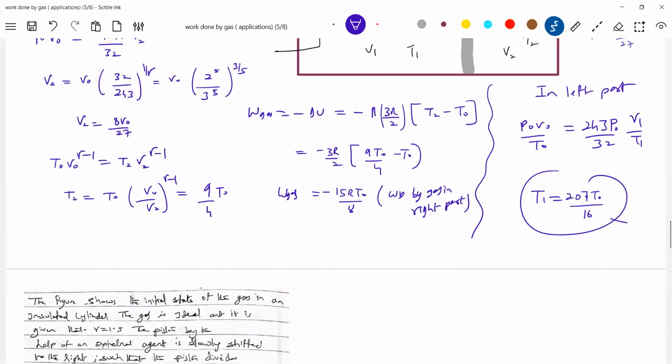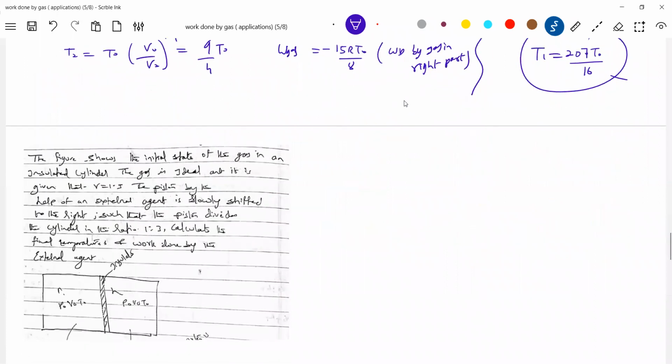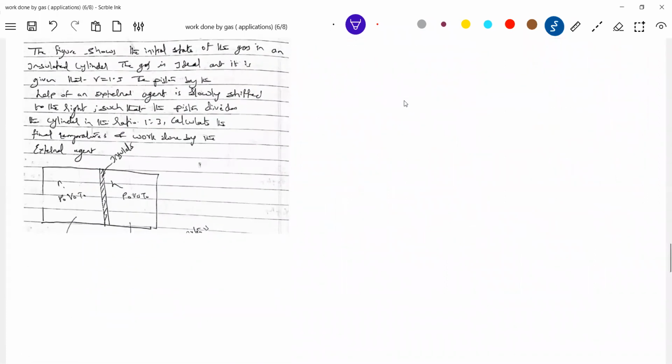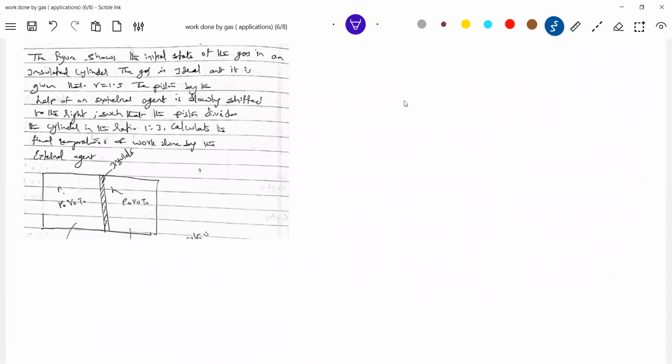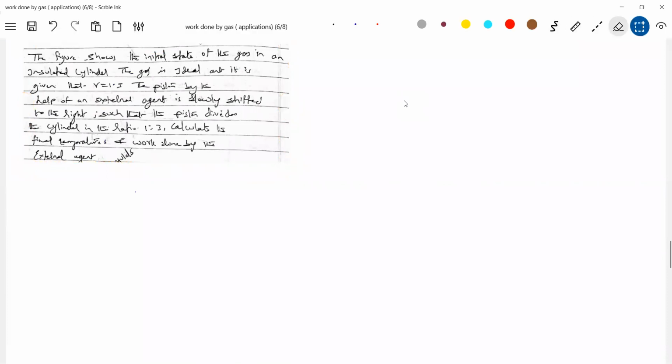Yeah, 207. Okay, now read this question. It's really very, very important. Again, I'm bringing some external agent. Work done by the external agent. Let me give a better diagram. Okay, well,